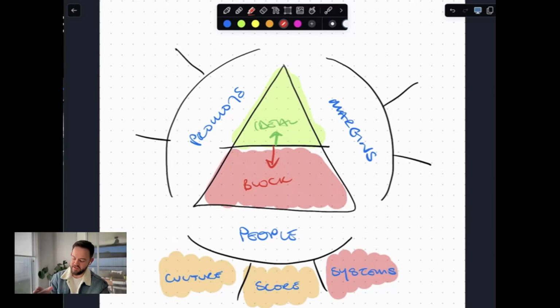Got it? Okay, so that's the people side of things. Now, by now, you should have traffic lights in each of the drivers in people, and your model should look something like this. Not saying you're going to be yellow, yellow, red. Maybe you're green, green, yellow. I don't know, right? It's going to be different for you. But you should have something like this. If not, pause the video again, catch yourself up, because we're going to run through the next 6 pretty quickly.